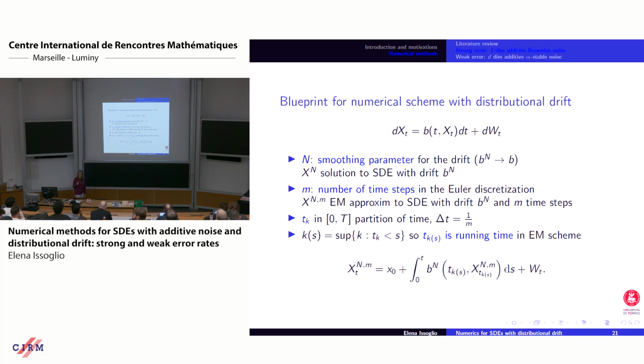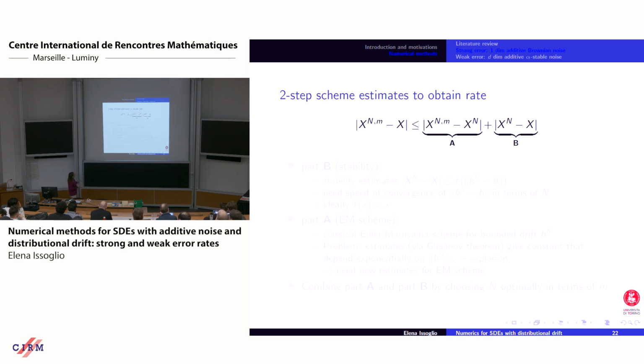But there are these two parameters, and we don't like to have two-step schemes. We want to have one parameter. So we have to combine, basically we have to choose one as a function of the other and come up with a one-step scheme, a one parameter scheme. Okay, this will be done at the end. How do we estimate the error?